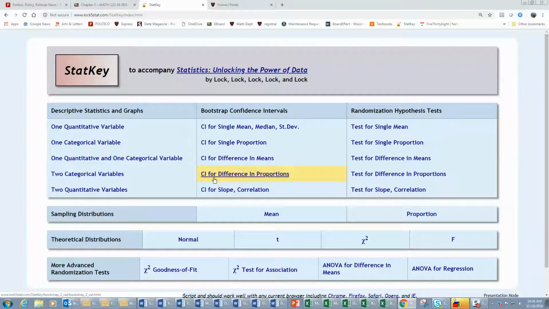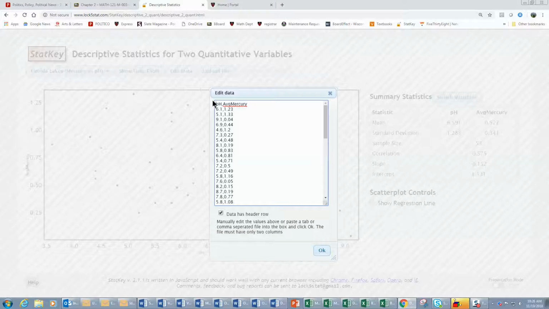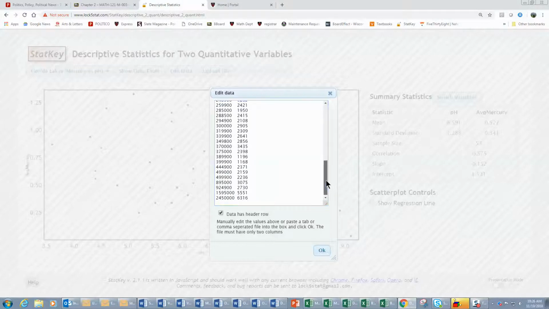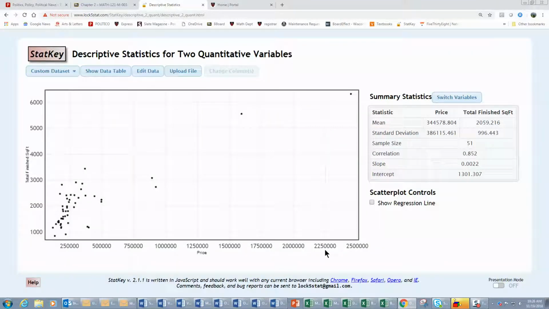Now the size of a house and the price of a house are both quantitative variables, so I've got two quantitative variables. I'm trying to understand how they're related to each other, how you can use one to predict the other. So I click on the two quantitative variables, I get rid of the data that's in there, and copy my data in. And at the top I've got those labels, price and finished square feet, so the data does have a header row. And then I click OK,